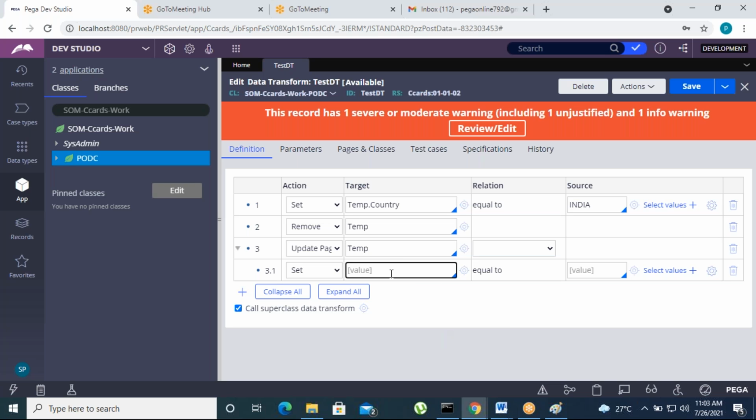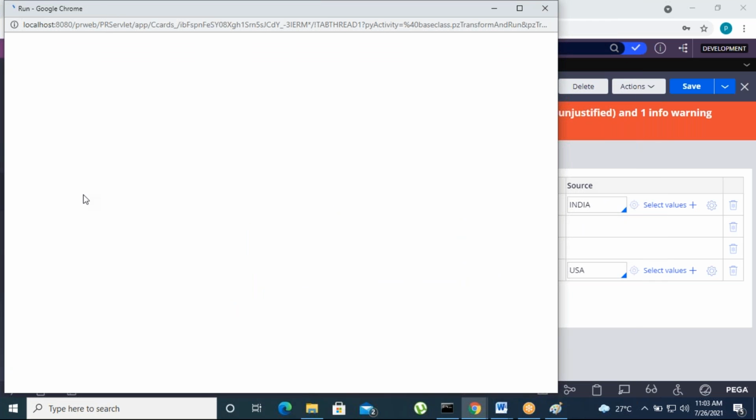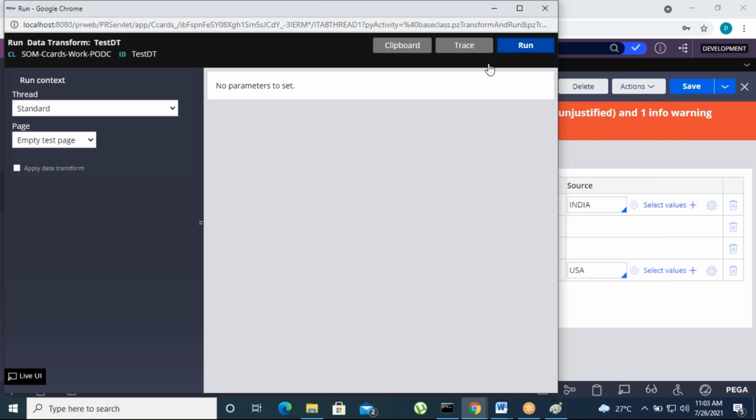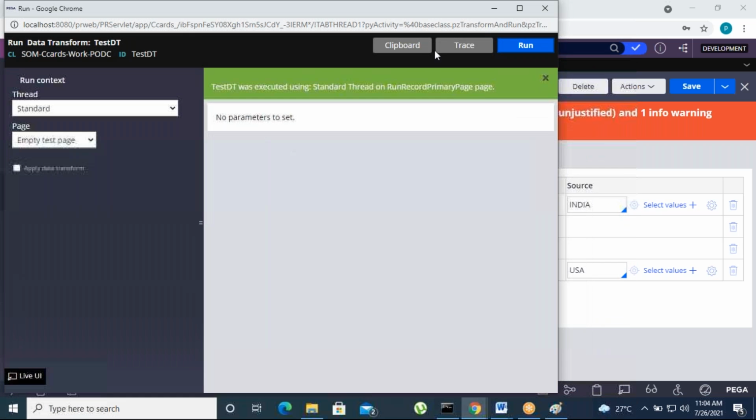Okay. Set country equals to some value, that is USA. New value, and click on save. Go to actions and run this. This is also valid, and go to clipboard.